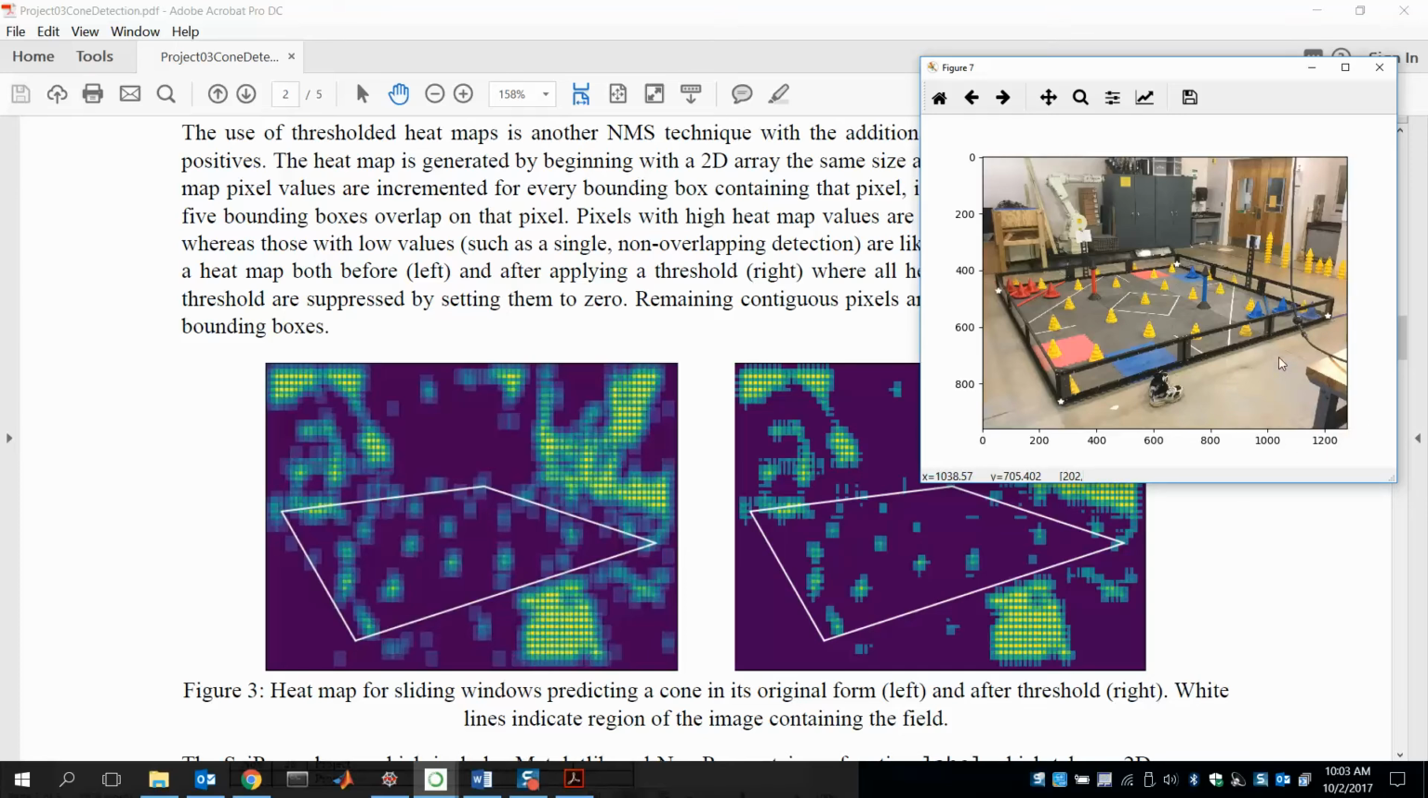Now part of that is because, at least the way I did my training images for cones and not cones, I only selected things that were inside the field. I didn't choose things that were outside the field because I was only training on things inside. So this is again a limitation of machine learning in general: your system is only going to be as good as the information you train it on. And if you only train it on one type of situation, it's not necessarily going to generalize to another type of situation. Okay, so